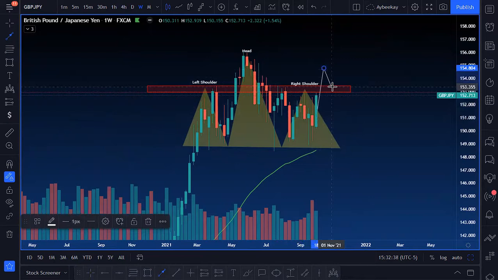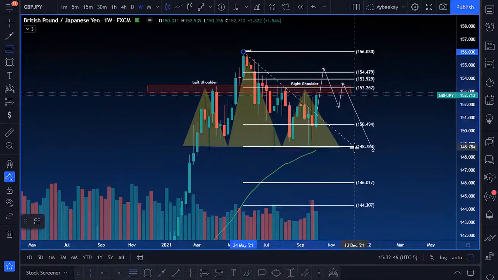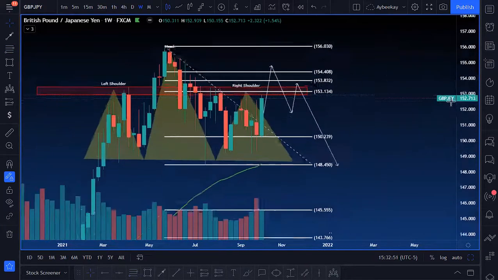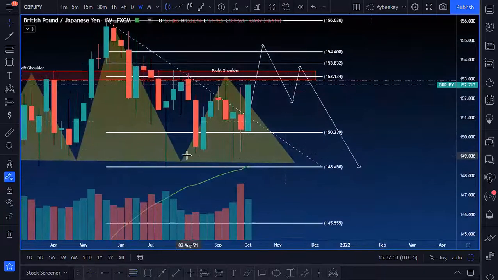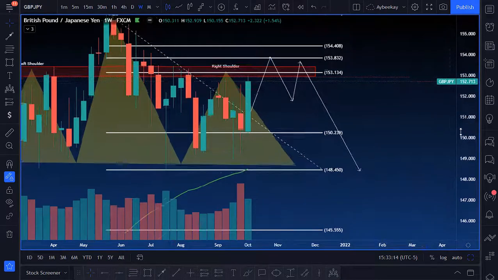For price to do a stop hunt to the upside to grab the equal highs, drop down, retest, and continue to the downside. From this high to the low, you can see that these fibs up here never really did get tested, except for the 61.8 from right here. The 61.8 got touched multiple times and then dropped. But I would want to see how it's going to handle if it comes up to 153.832, for a drop, retracement, and a continuation to the downside type of move, you know what I'm saying?